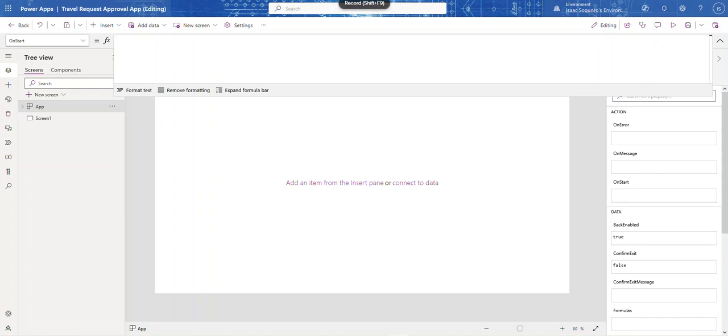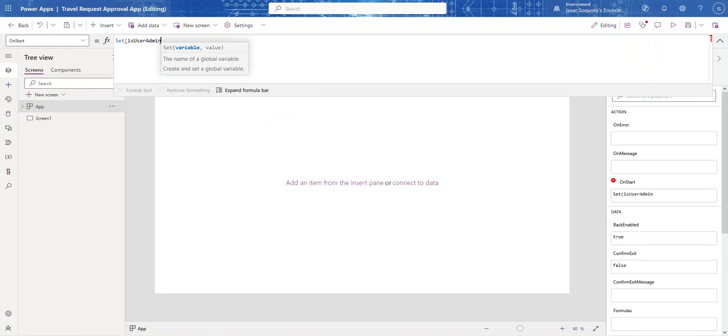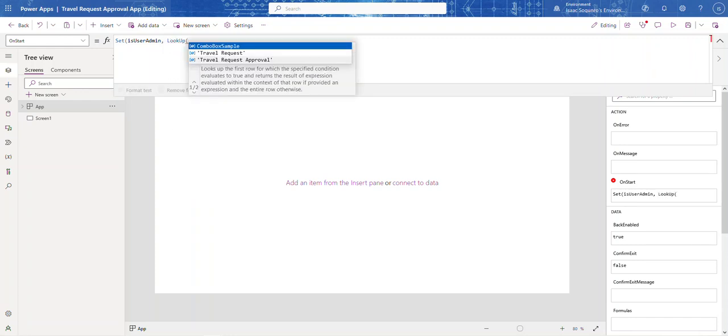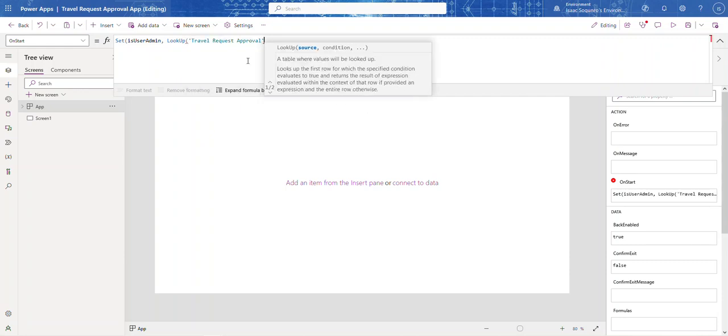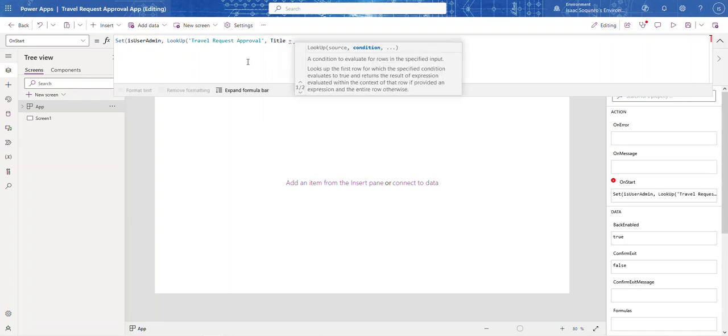So what I'm going to do is set a formula, a variable. I'm going to call it is user admin. And then what we're going to do is check to see if the current user is in the list. So let's do the lookup first. Let's look up into our list, there it is, travel request approval, where the title is equal to team lead